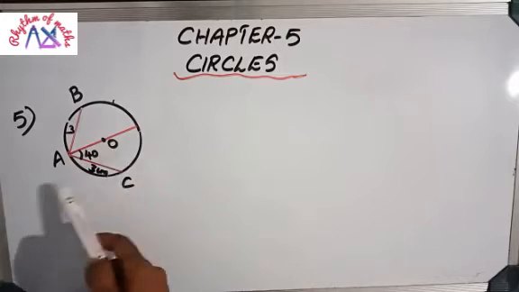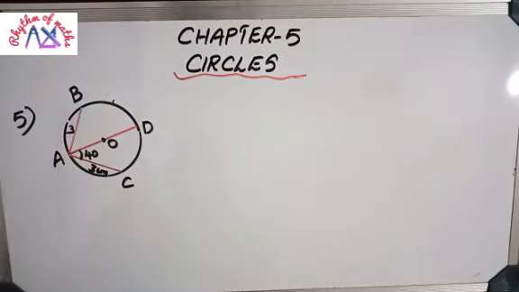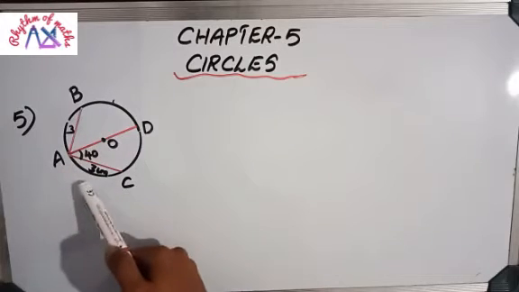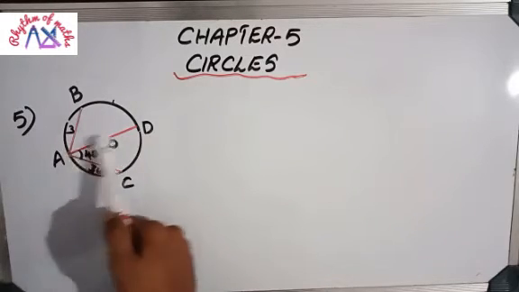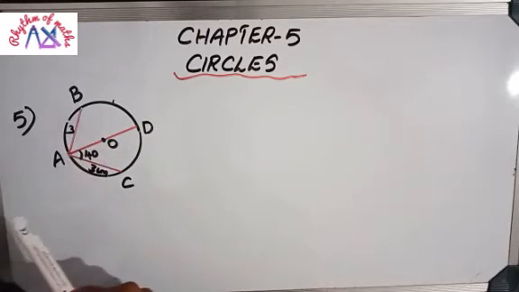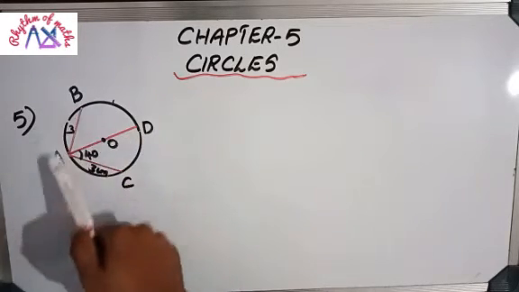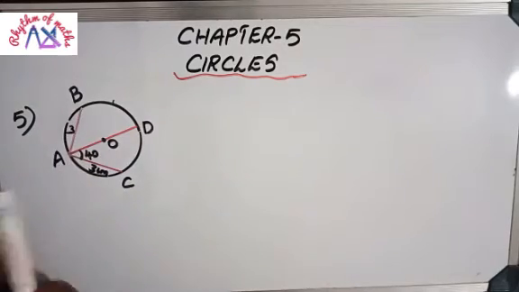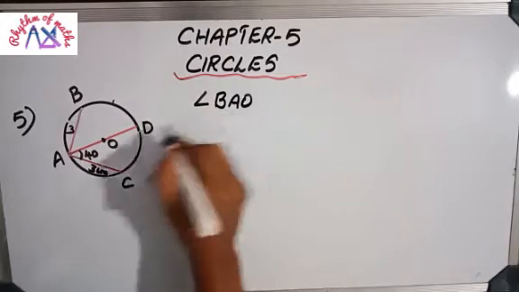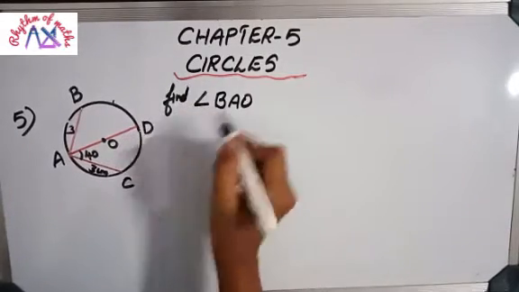And one diameter is also given. Here AO is a radius and AD we can consider as the diameter. It is given that the angle between this diameter and one chord is 40 degree. The angle between the diameter AD and this chord is 40 degree. Then what is the angle between the same diameter and the next chord? The next 3 centimeter chord is AB. That means here we have to find angle BAO or BAD. Both are the same. This is the angle we need to find.